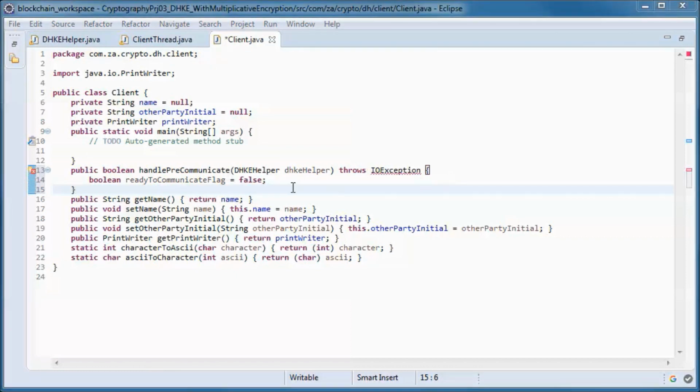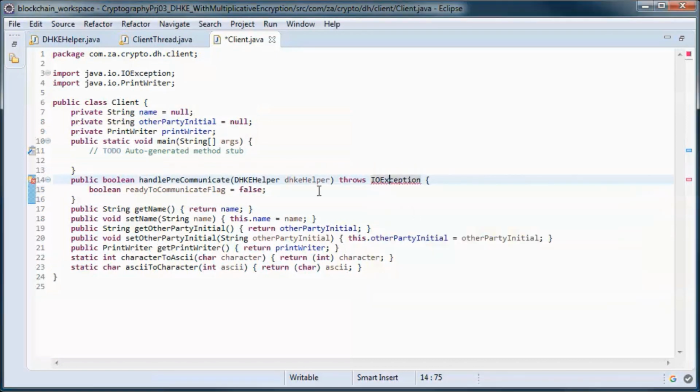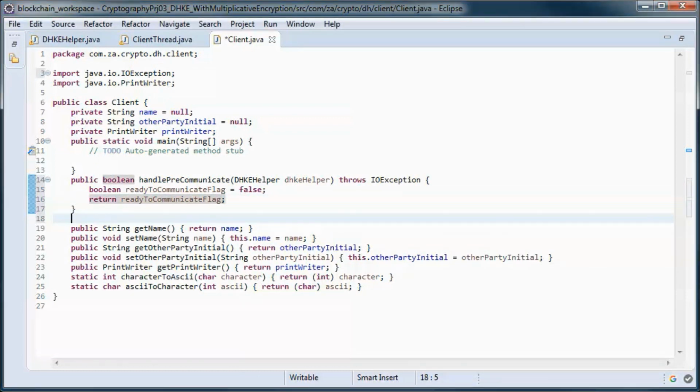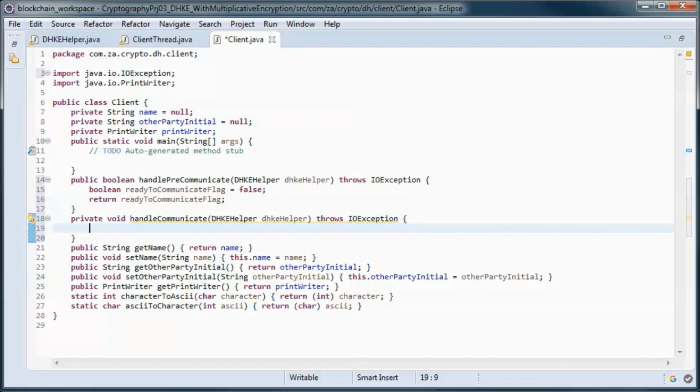This one will handle everything until obtaining a common key. And this one will handle communication using a common key multiplicative mask.